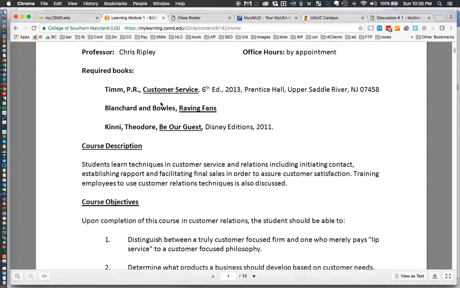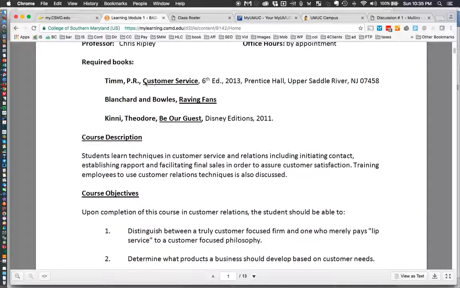Here's the books that you'll need. This book has been around for a little while, so if you haven't gotten it yet, you might be able to get a cheap used copy. Raving Fans, certainly you can find used, and then Be Our Guest as well, because that's been around for about